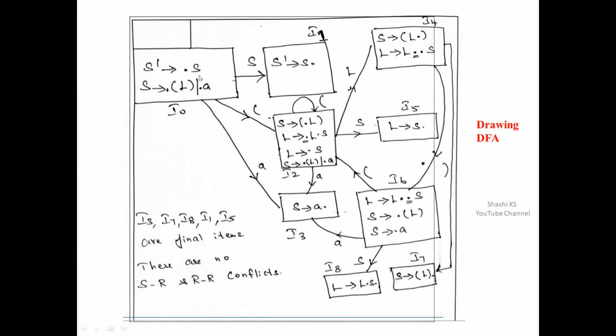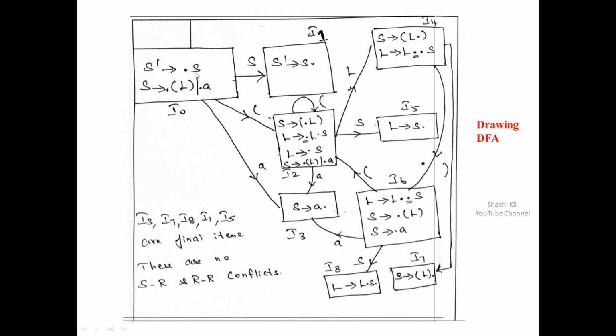The dot indicates which terminals or non-terminals on the right hand side of the production we have processed. If there is a dot to the left of S, it means S is not yet processed. If there is a dot to the right of S, it means S has been processed. That means a parser can decide when to reduce. When all the terminals and non-terminals on the right hand side of the production have been processed, it can decide to reduce at that point. So here, first we start with state I0 where we add the augmented production.